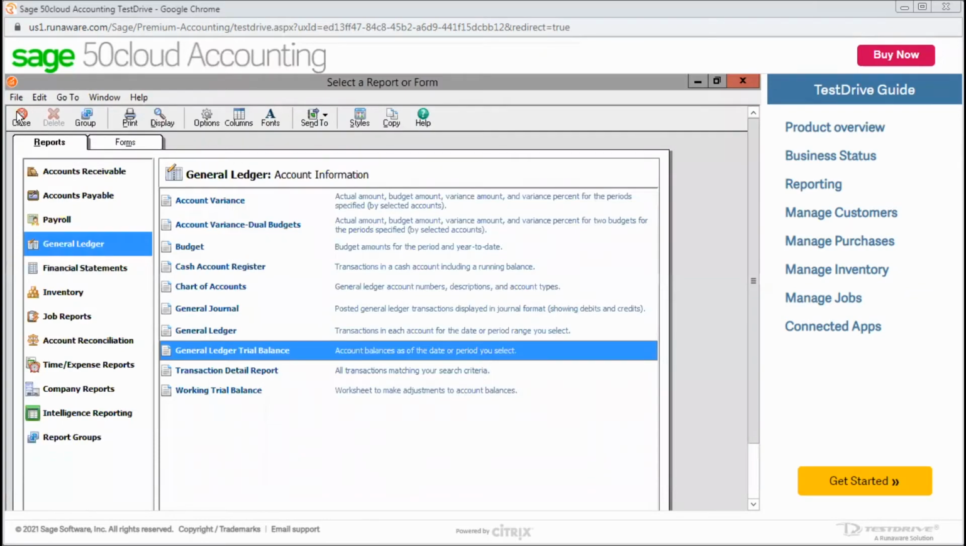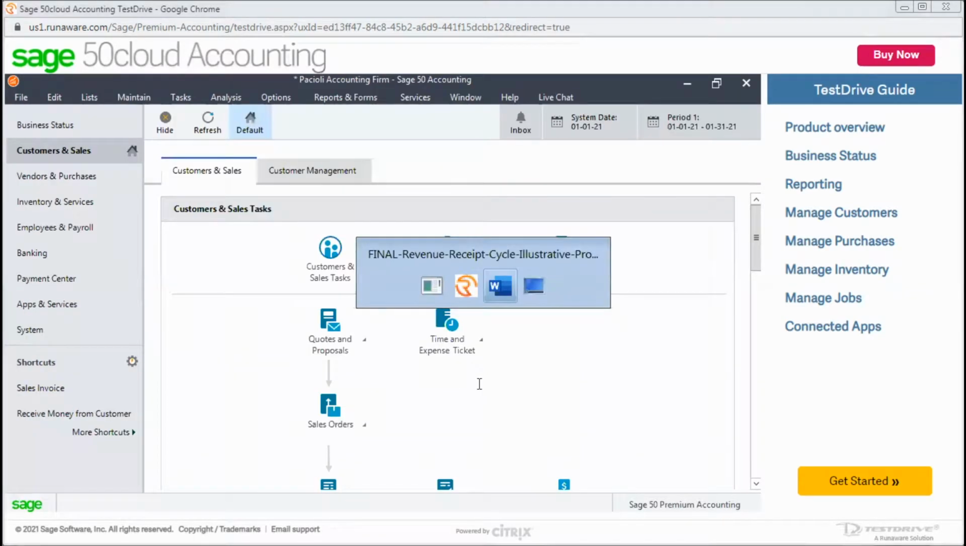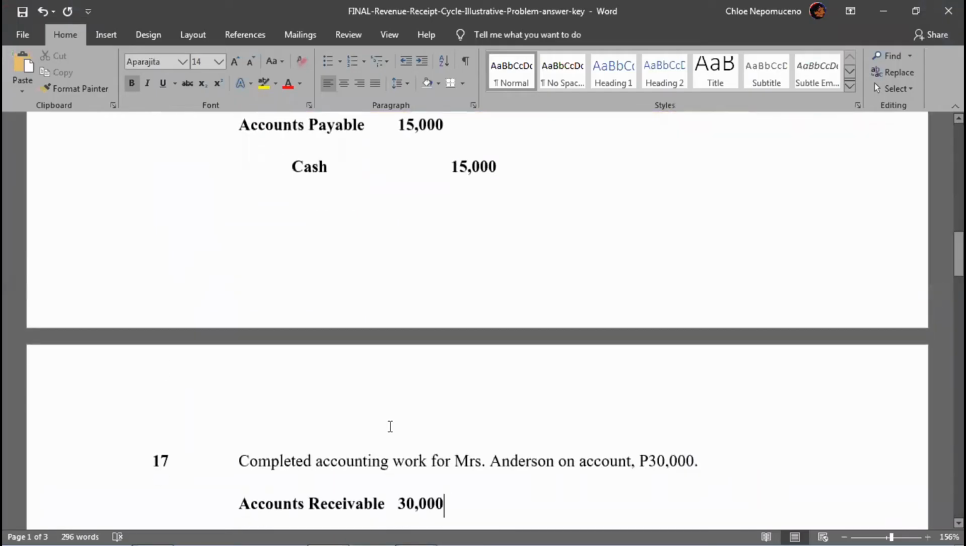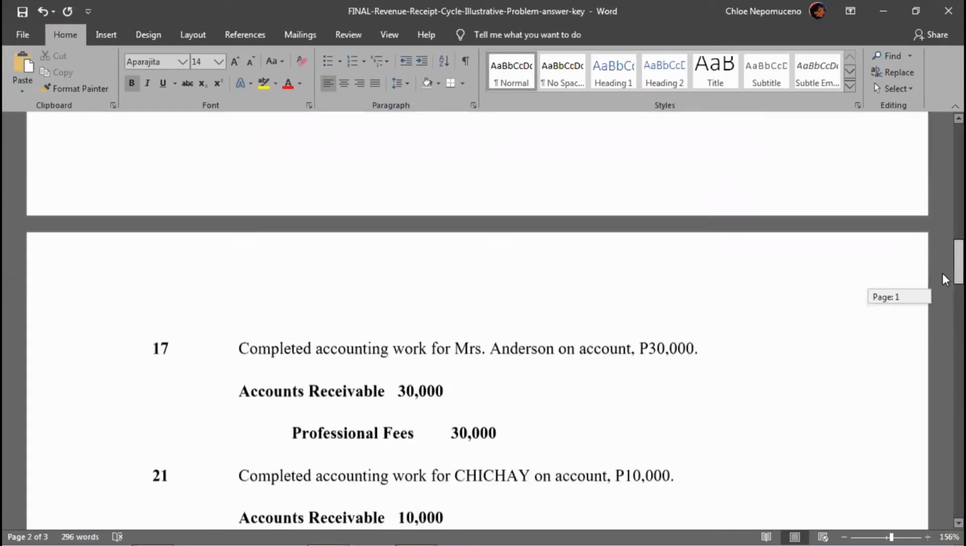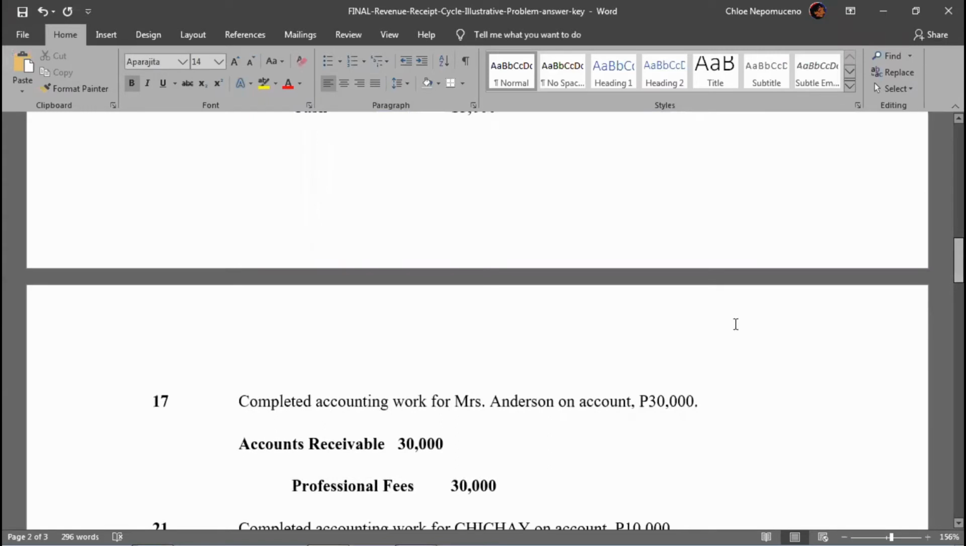The next transaction is on January 17, 2021. Completed accounting work for Mr. Anderson on account for 30,000 pesos. So debit the accounts receivable of 30,000, credit the professional fees of 30,000. In order to input in Sage,